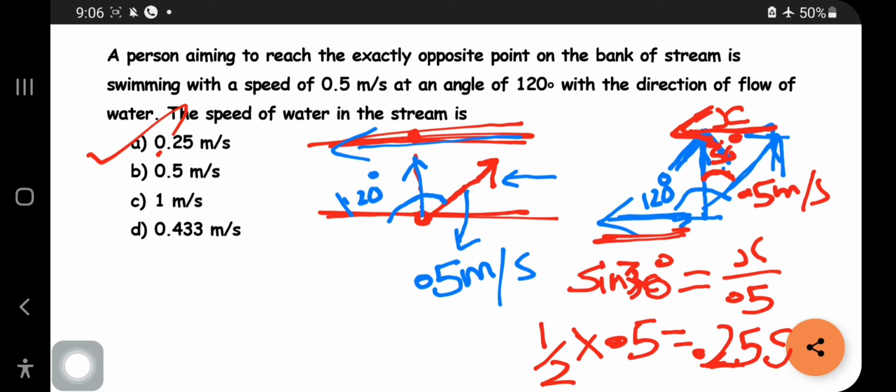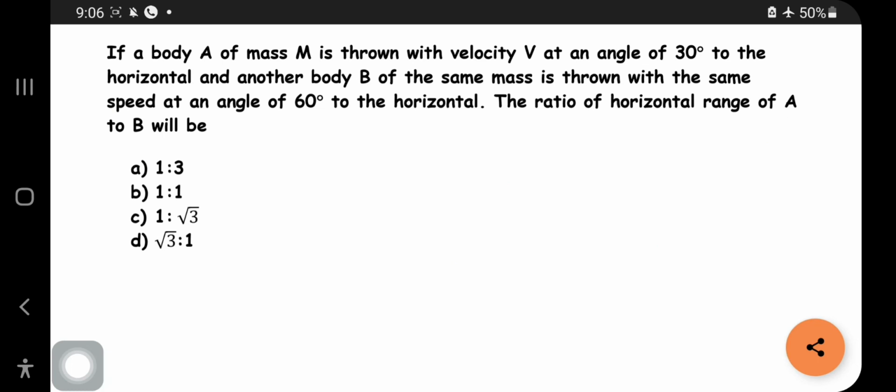River water problems are highly asked in your NEET exam, and the questioners are highly interested in those topics. So do sums and practice those problems. This is a question related to your projectile problems. I will explain this, and I will also tell the concept behind it so that you can do this question without doing any calculations.